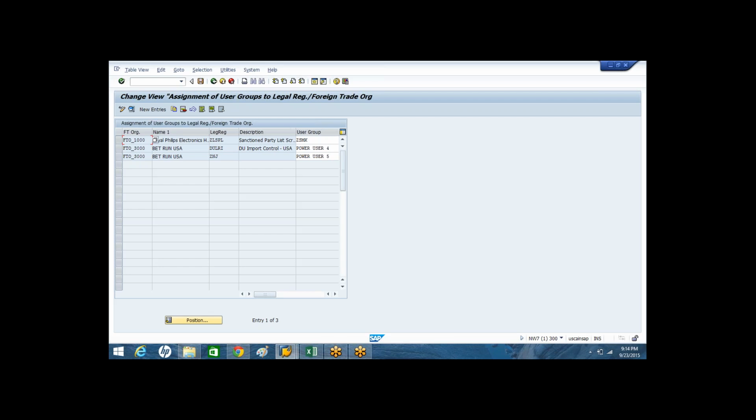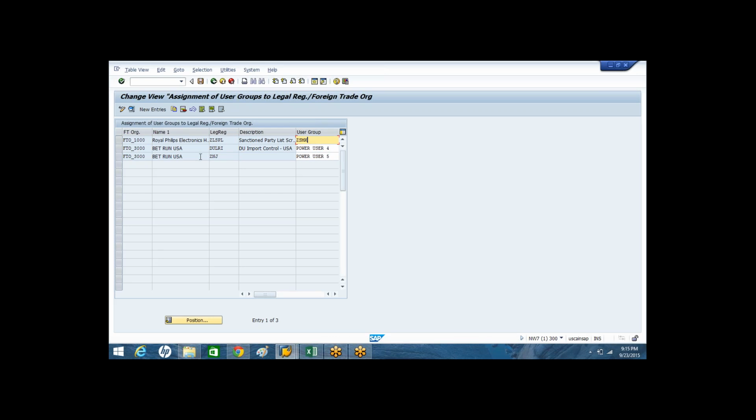So whenever a document is having the SPL block, which is relevant for this foreign trade organization and this legal regulation, then the system will send an email to the users who are under the user group ZSMK.